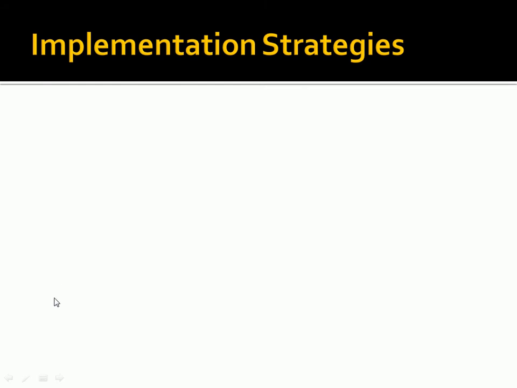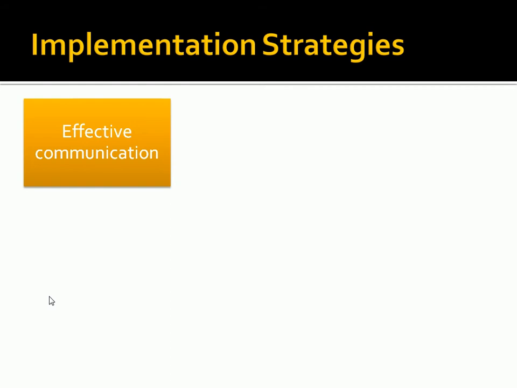So we're just going to talk about 5 strategies for effective implementation of IT security. The first one is effective communication. So effectively communicating the policies to users, and we just talked about lots of different ways to effectively communicate. Obviously, if we're not making these policies accessible, and if people can't see them, if they're not in front of everyone, then you're not going to have a successful implementation.